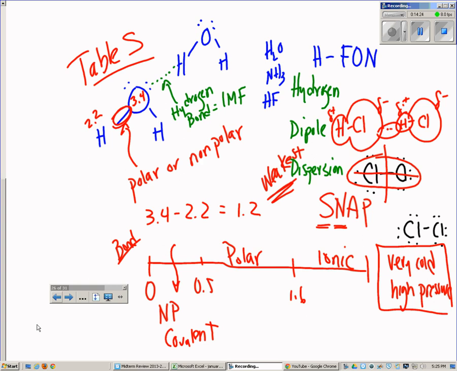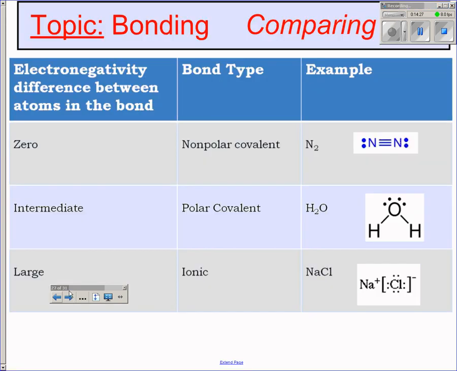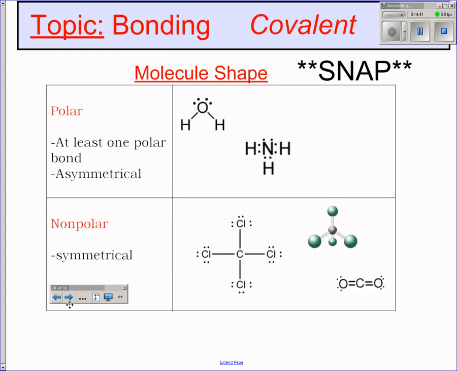Okay, almost done. Ready? Okay, this is a summary of what we just said, talking about nonpolar covalent, polar covalent, and ionic. We're going to draw these structures in a little while. And this is a summary of molecule shape. Remember, SNAP will tell you